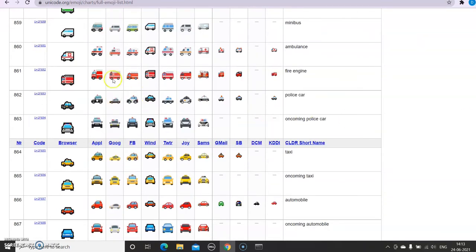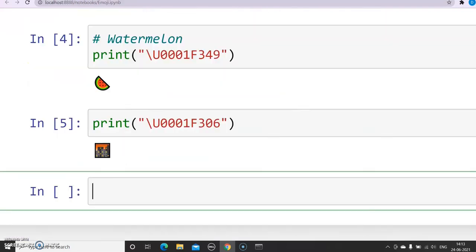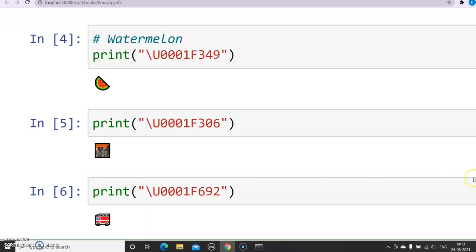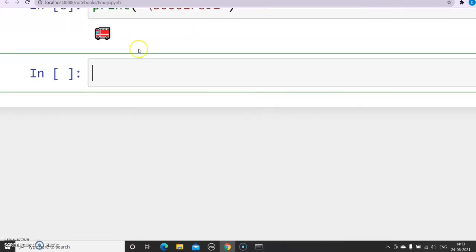Let me do this. Let me try fire engine. Yeah, let me play with this. I am copy and pasting it. Okay, this is going to be the last. Print function, double quotes, and just copy paste. Again, I will remove this thing, and I will replace this plus sign with 000 and this slash. So here is my fire engine, right? See,